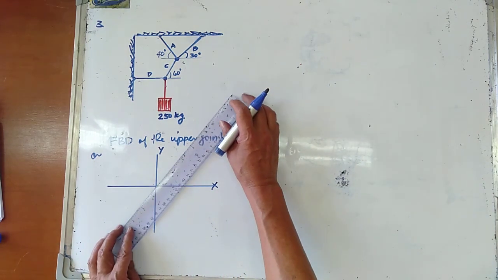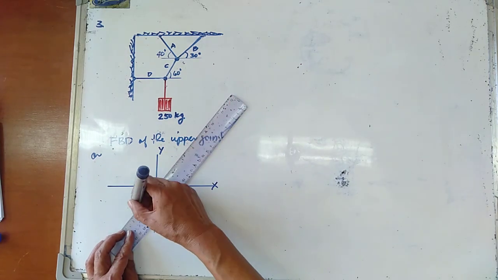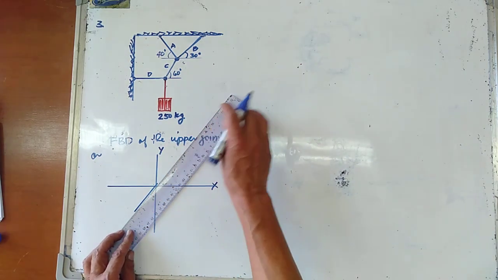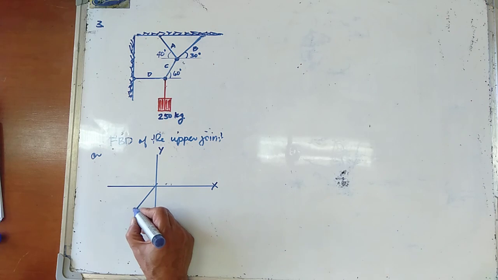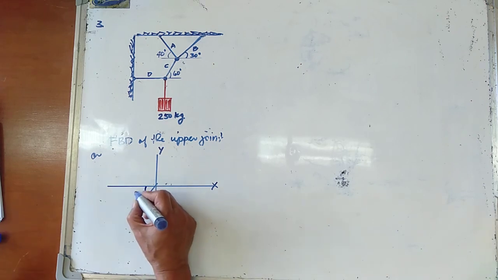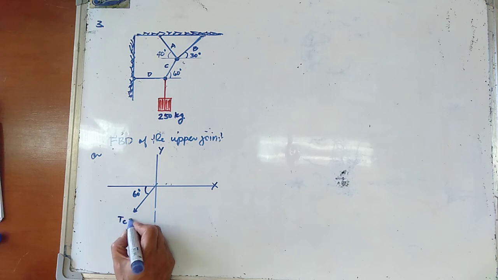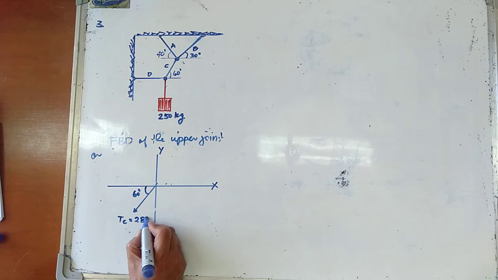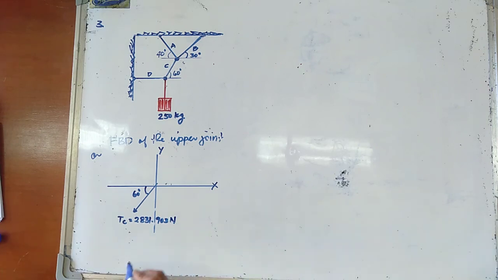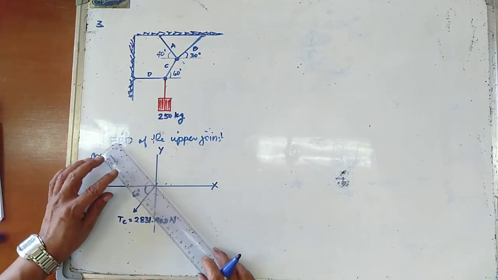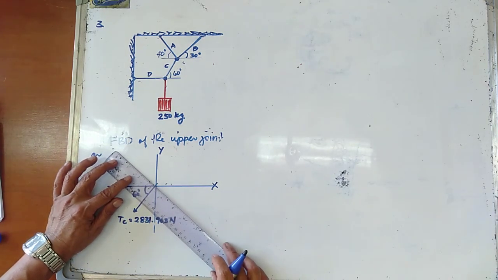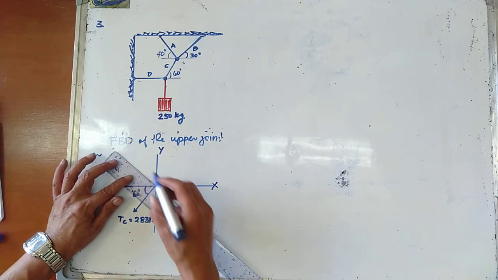So this is now your TC, which makes an angle of 60 degrees with the x-axis. So your TC is 2831.903 newtons. Then we have your TA, which makes an angle of 40 degrees with